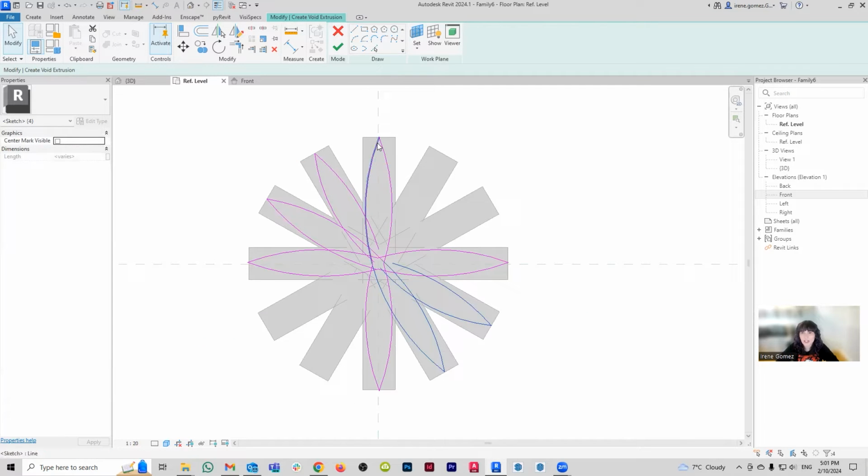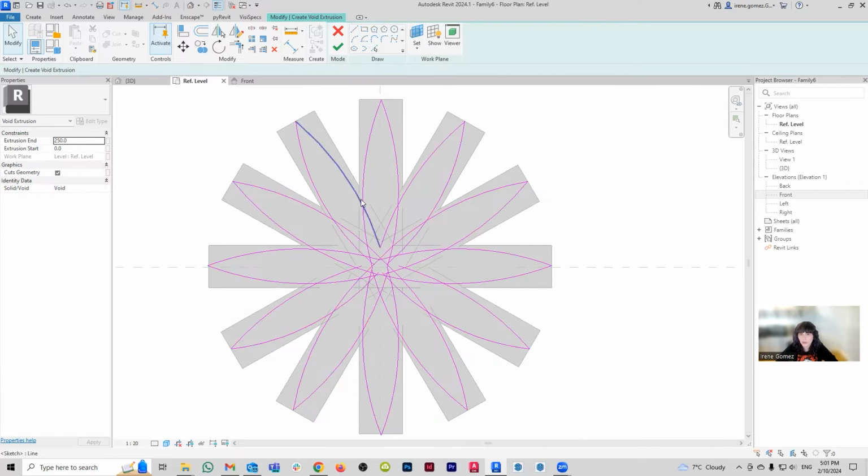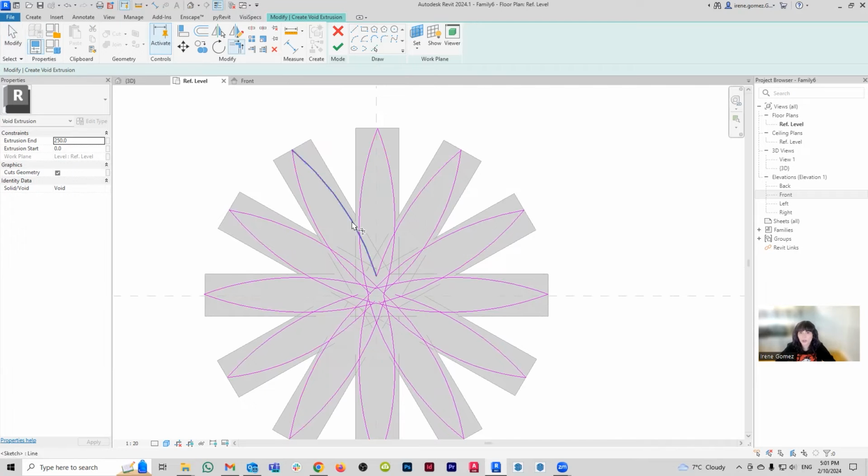And then I'm going to mirror it again. So I'm going to mirror this guy like this. And then I'm going to select these 4, and I'm going to mirror them like this. And now the final thing is that I need to use the trim tool to get rid of all of these intersecting lines. So I can go trim, trim this guy to this guy, that guy to that guy, this to this, and so on and so forth.